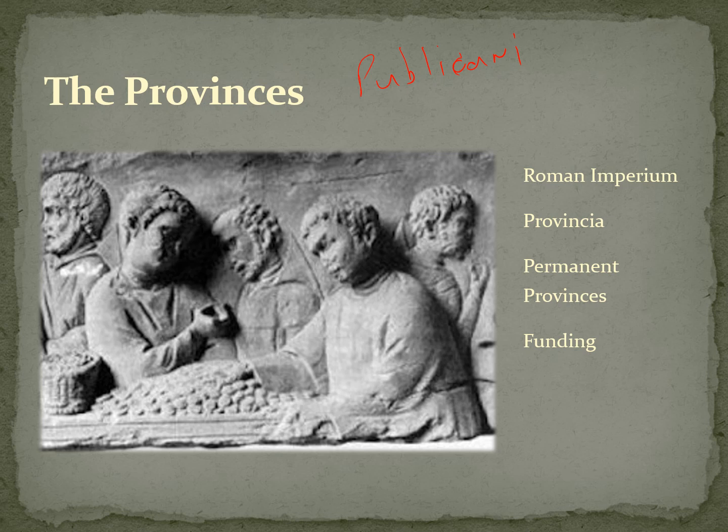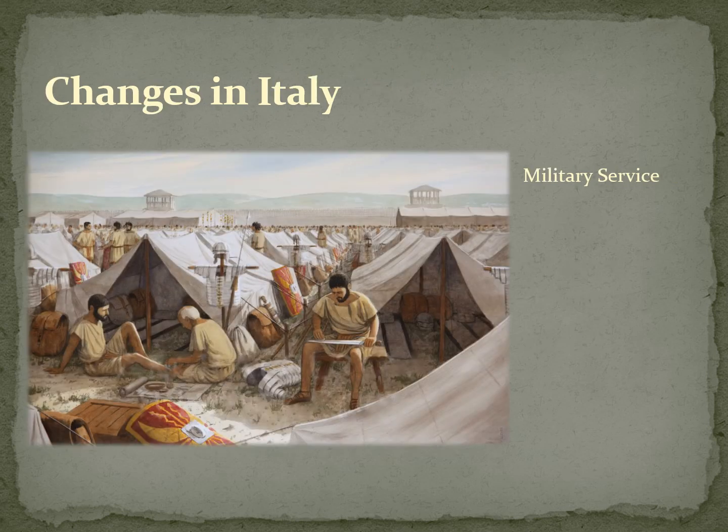Well, things were changing in Italy as well. As I mentioned in a previous lecture, Roman military service was done on a voluntary basis. That is, people would get drafted into the military, they would serve, and didn't really receive pay for that. Later on, the Romans conceded that they needed to give people a little bit to live off of, but it really wasn't a professional army. It was a volunteer army of sorts.